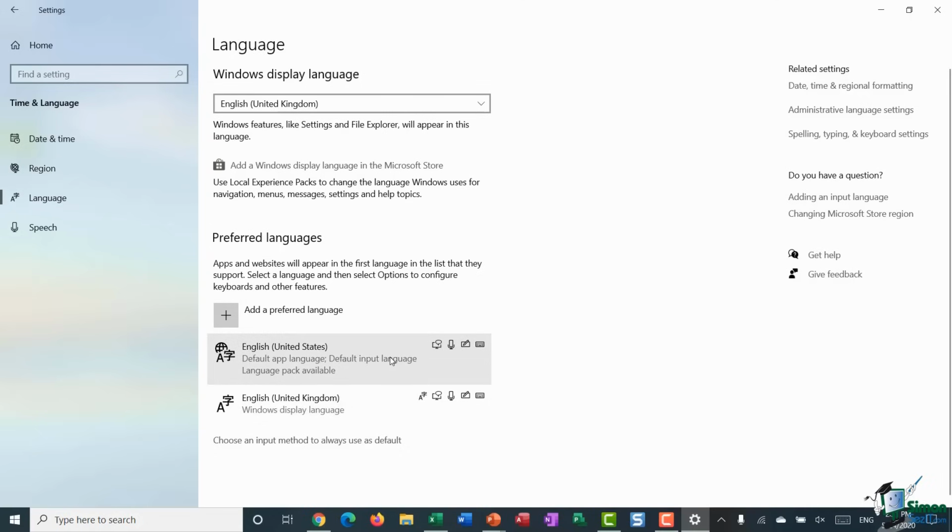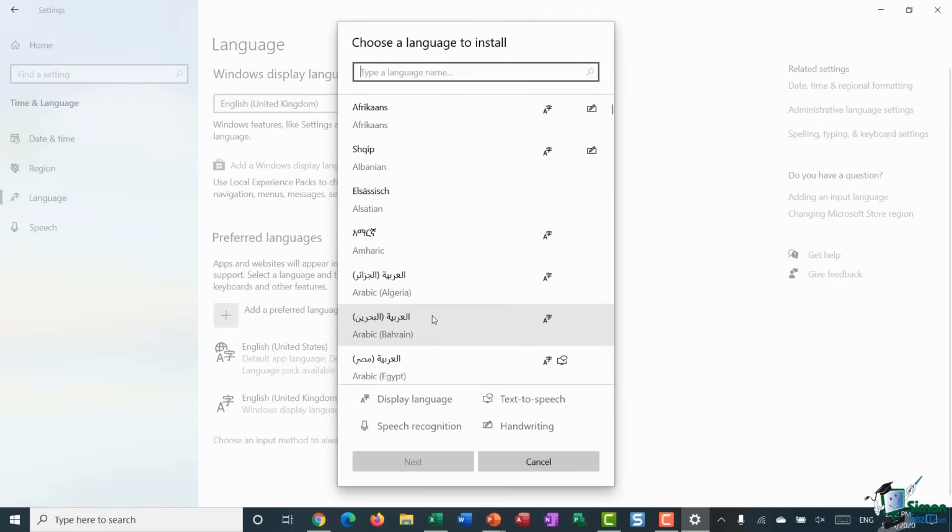Again, I tend to switch between the two depending on who the client is that I'm working with at the time, and most of my clients are based either in the UK or in the US. Now you may just be using your laptop at home, and if you speak English or French or German or whatever language you speak, you'll want that to be your default language. So make sure that you click add a preferred language, go through and add that in if your system hasn't